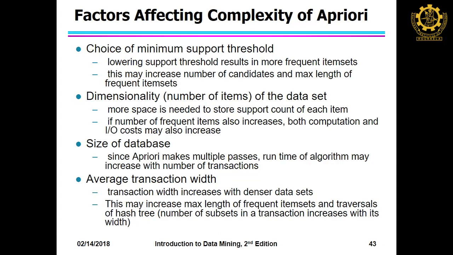So, there are a few factors which influence the complexity of the Apriori algorithm. One is the minimum support threshold. If you lower the threshold, you will have many frequent item sets and, as a consequence, many rules. Then the number of items in the data set: if the number of items increases, obviously the item sets will also increase. The size of the data set is also a problem, because if you have a huge number of transactions,